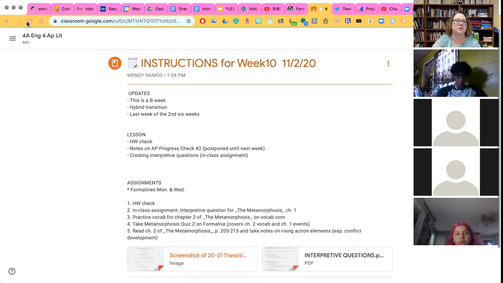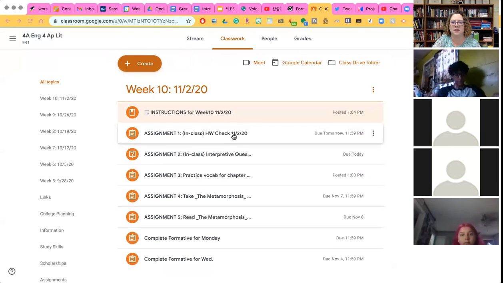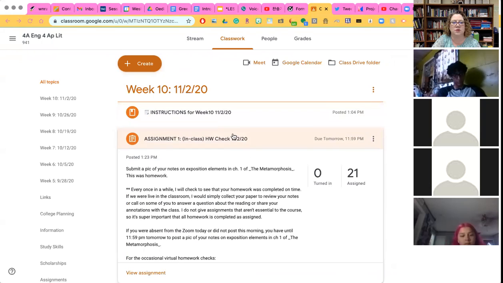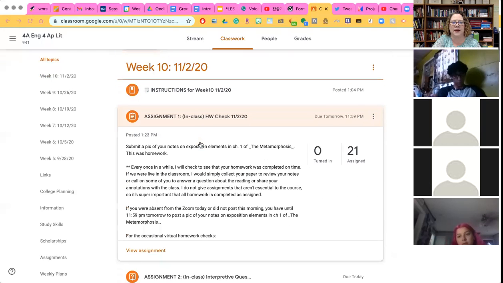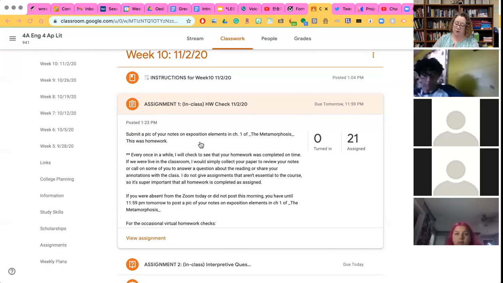So I want to go to this assignment real quick, and I want you to submit your notes. If you go to the one that says Assignment 1 in class, go to where you have your notes. I asked you to take notes on the exposition elements of the story that you saw in chapter 1. I even made a diagram of one way that you could have done that, but I want you to take a picture of that real quick. However you did that in your notes, or if you did it with sticky notes in your book or whatever way you did it, I want you to take a picture of that and submit it on this assignment